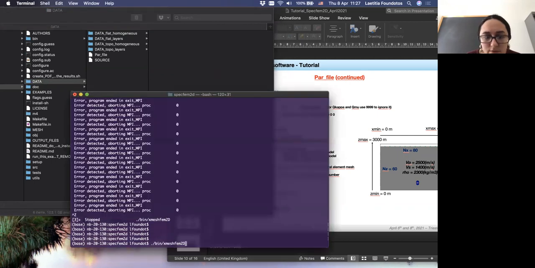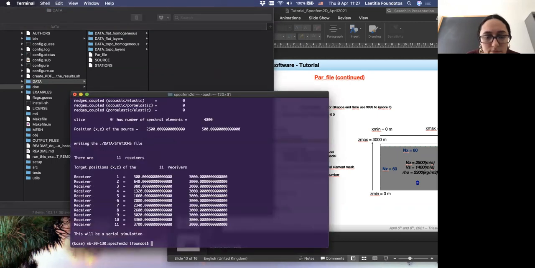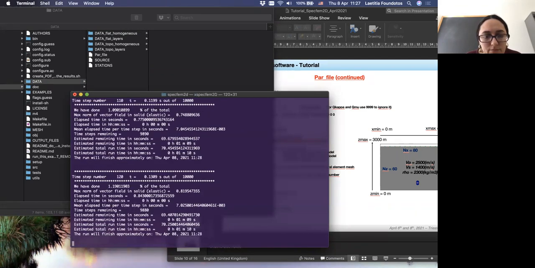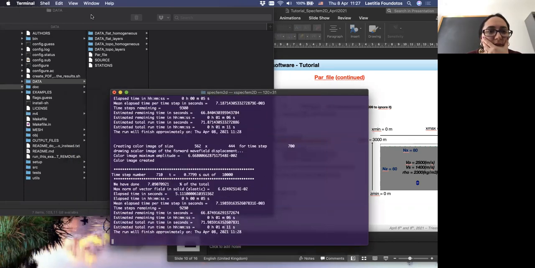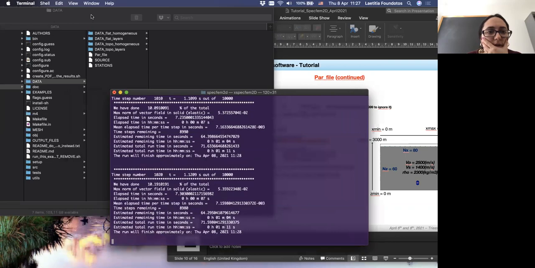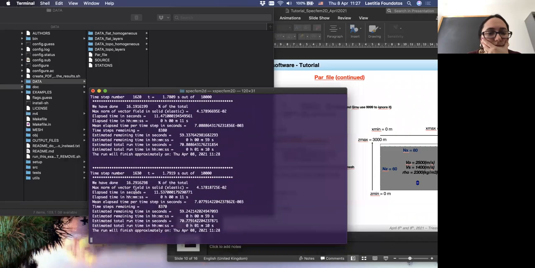Just to see. Okay, so this one is good. The first example of Tuesday ran properly. So I don't know why the second one is not okay. It will finish.